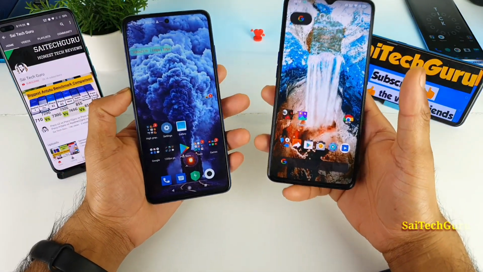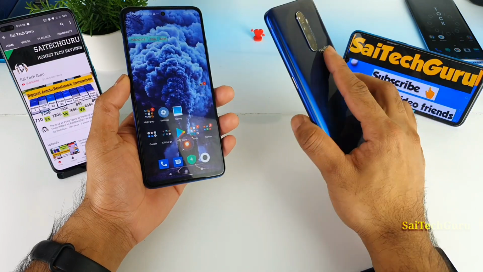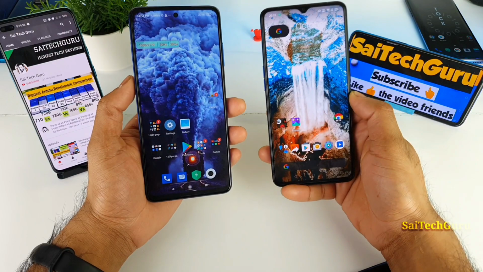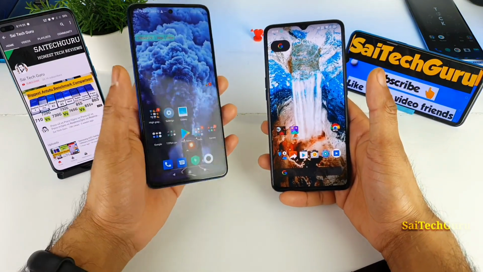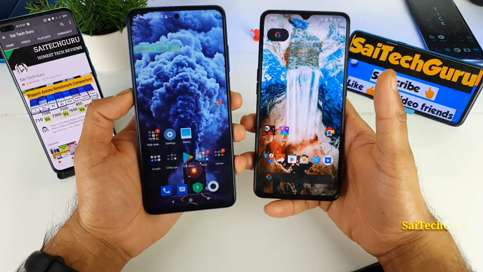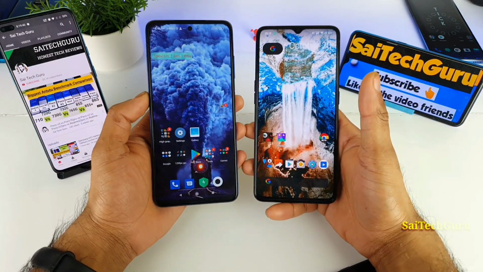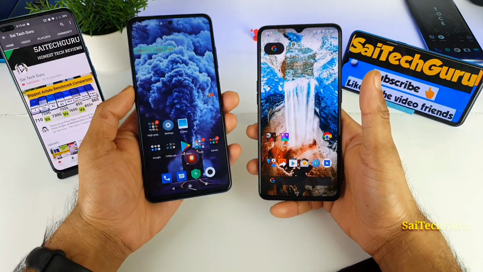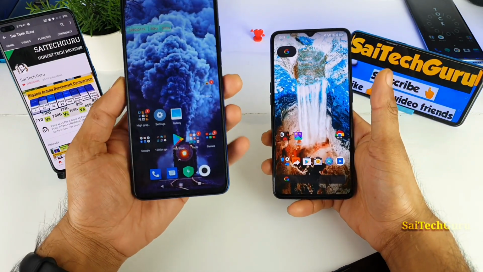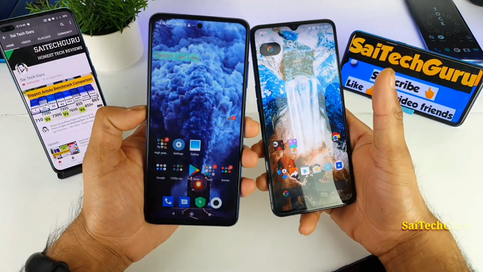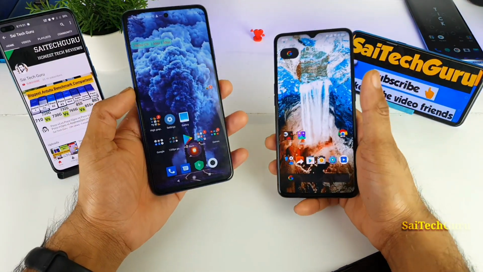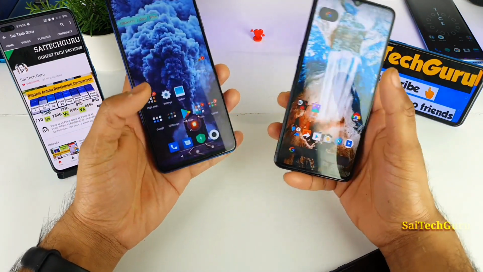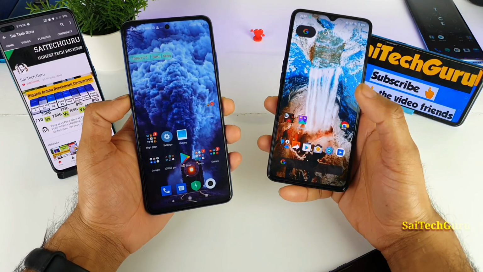Whereas on the other hand, the Realme X2 Pro is a premium mobile phone, which has similar features but not as many as the Poco X3 device. But in this video, I'll be covering a very in-depth, complete review of these comparisons. Talking about the applications, going to the advanced settings, what is present here and what is not, which is good and which is not good. I'll try to discuss each and everything in this comparison. So try to watch till the end of the video if you want to know more details about the Game Turbo and the Game Space applications.